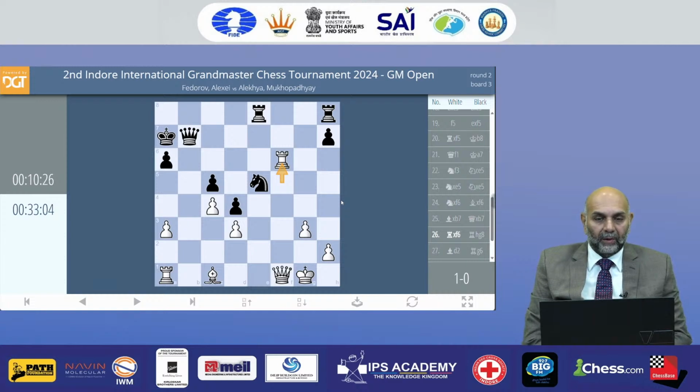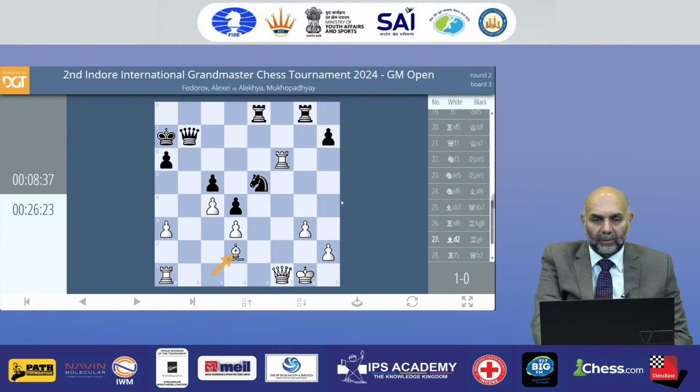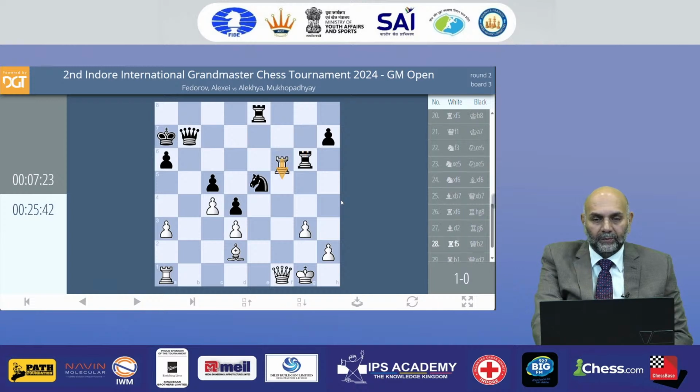White is going to play bishop f4. Bishop f4 at the moment not possible because of knight on f3, but bishop could move to h6 perhaps, or any other square. Rook b1 is going to be played, and black is struggling. The best move in the position, bishop d2, simple move. The best defense for black too.